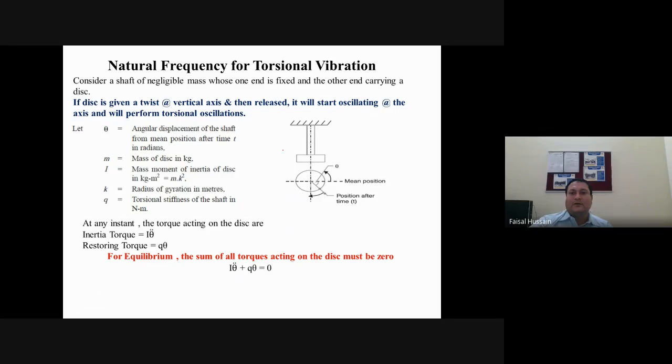See, this is your shaft, massless shaft. This is your disc. Okay. This is the length of the shaft. For example, from this center, let this point be A. So OA is the mean position, and what we are doing, we are giving